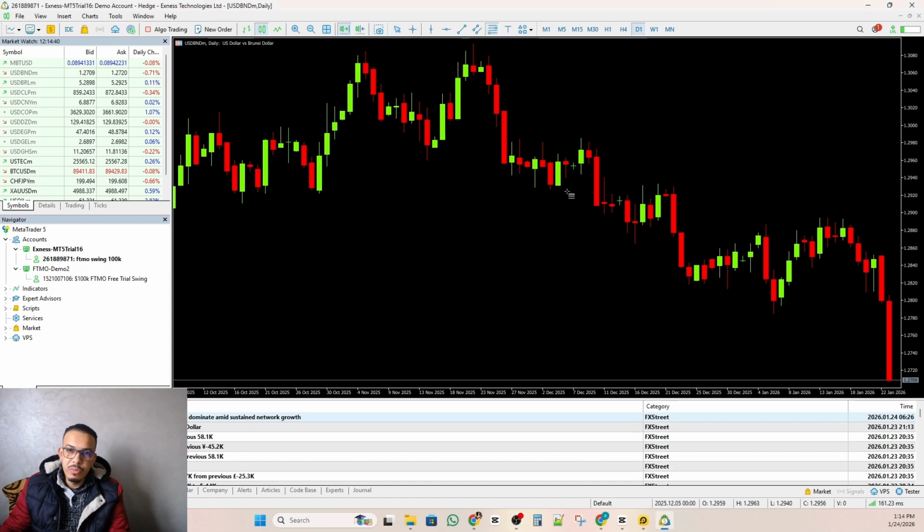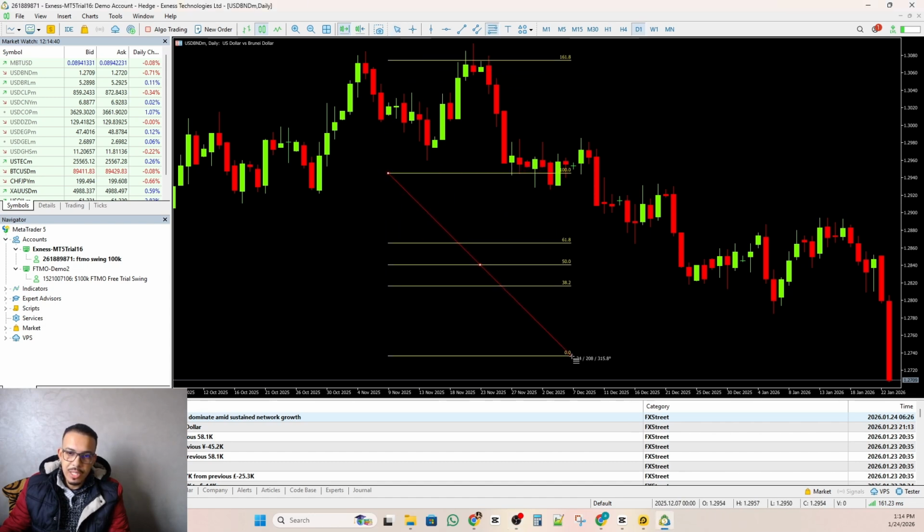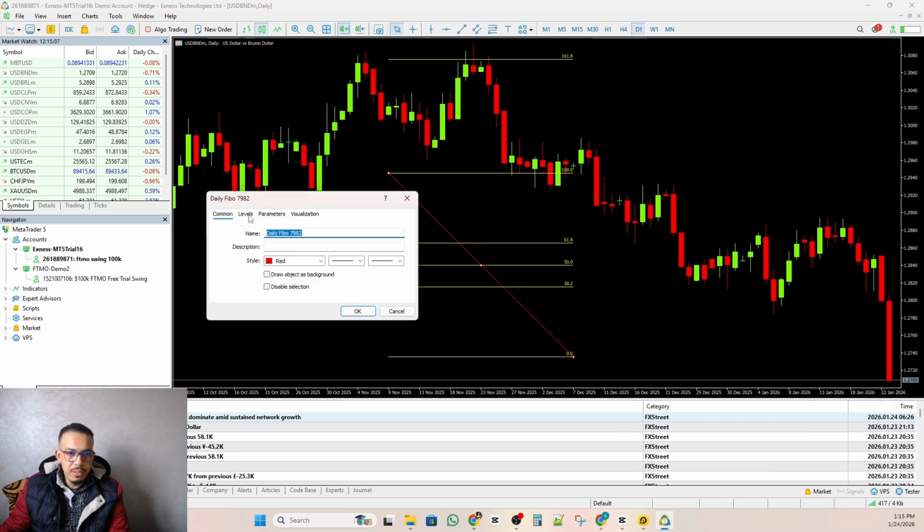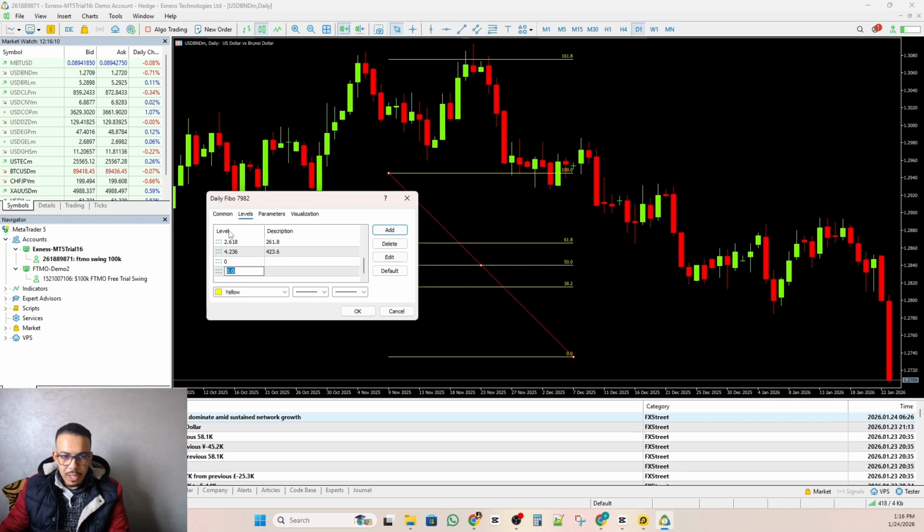So for me, it's this one. Click on it here and I will add it here. Now let's say, for example, I want to add 79 level here. Okay. So all you have to do is click on the Fibonacci like this, then right click and click on properties. Then go to levels, this one, click on it like this, click on add, and here on level you have to type